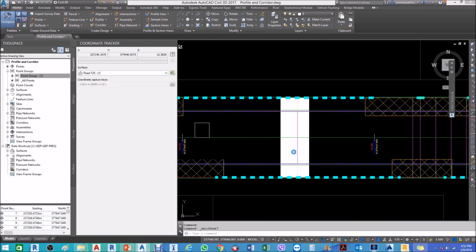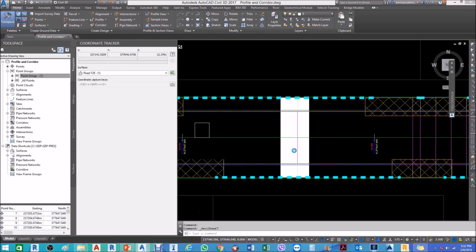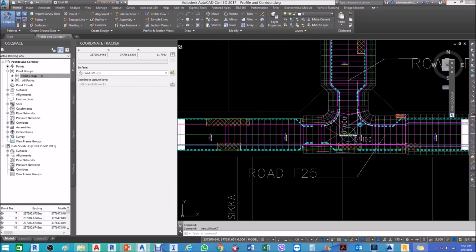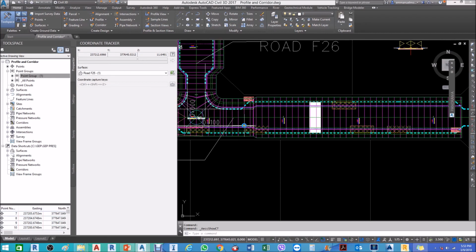This is the duct. If you are designing, you are creating the profile for the duct, then you can just use directly here. So you can try this one at your